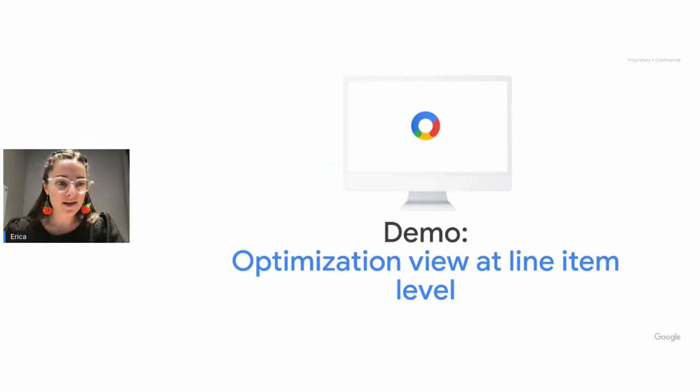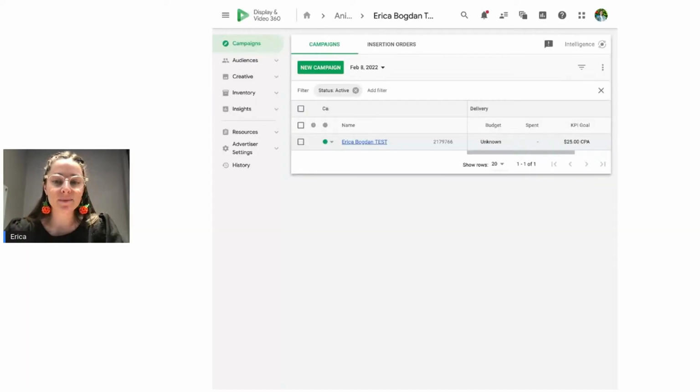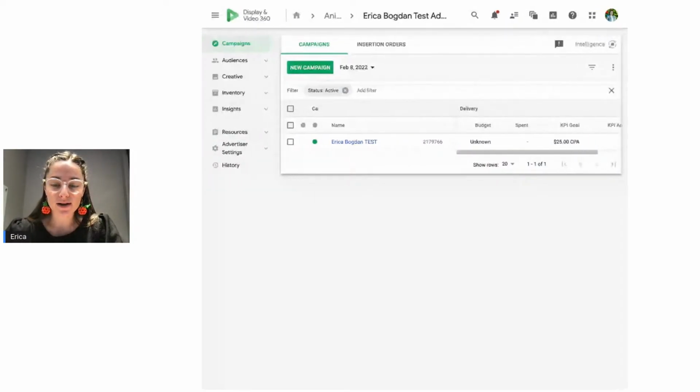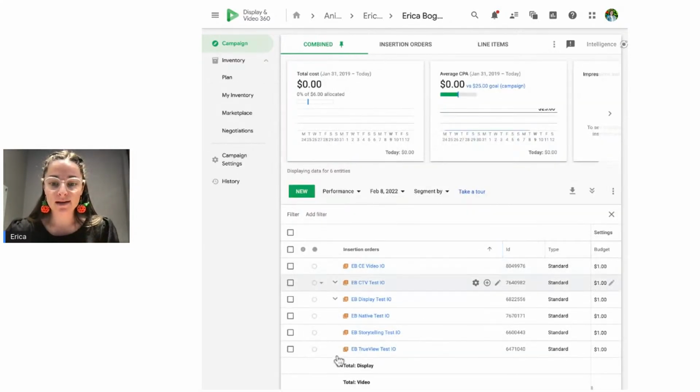Great, and I'm going to consolidate. We're going to look at optimization view at the line item level in DV360. I'm also going to show you where bid multipliers live while we're in the DSP, and then we'll jump back to some more content. So once you're in DV360, you click into your campaign and you go into an insertion